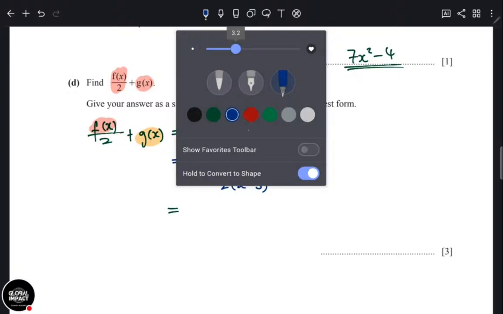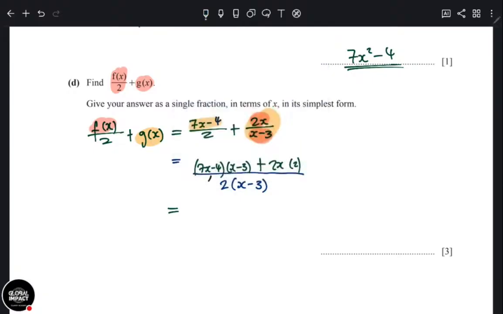So let's just simplify this one. Then you people can go to bed. So you now say 7x times x. We are expanding. Remember, 7x will multiply this and this. Then minus 4 multiplies this, then minus 4 multiplies the other one. 7x times x, 7 comes, x times x, x squared. 7x times a negative 3. The signs are different, so your answer is negative. 7 times 3, 21. Anything for x? No, it comes as it is.